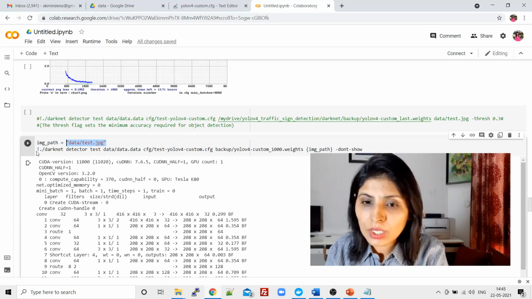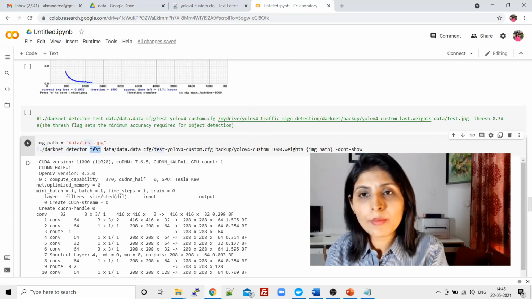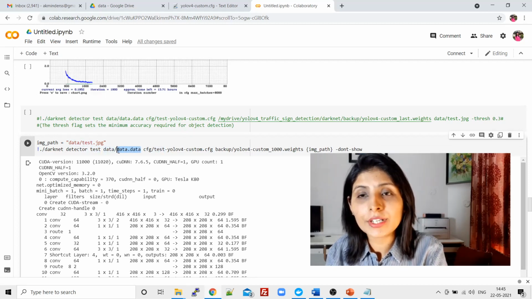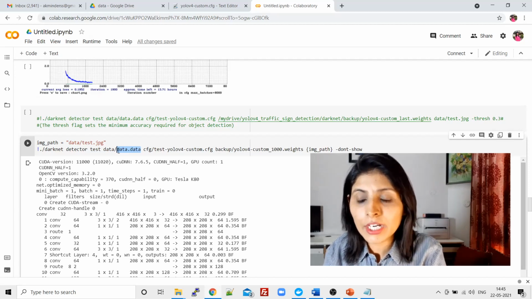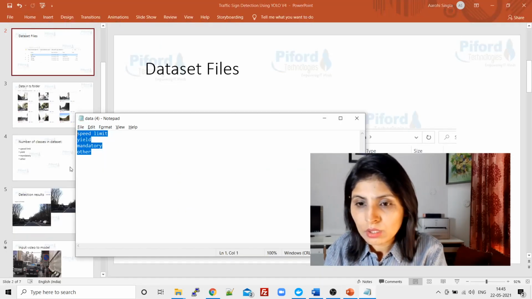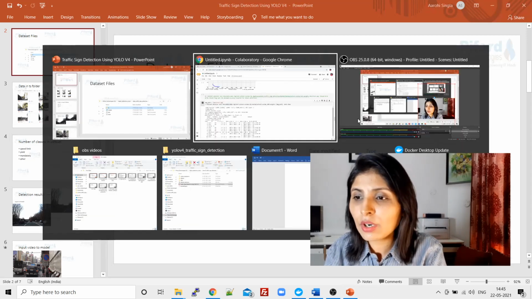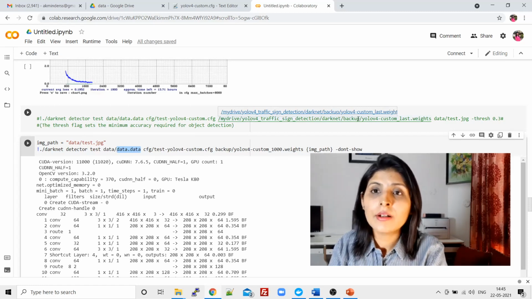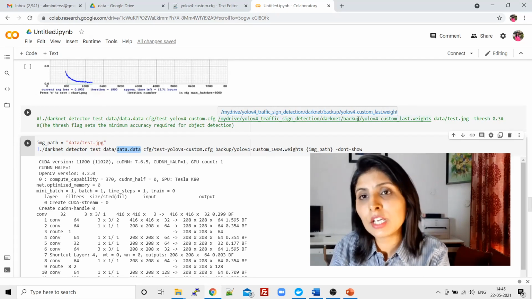The command I'm using is darknet detector. This time I want to test, so I'm writing test here. From the data folder, which file am I reading? data.data. Remember what is in data.data? It has the path of your train file, the path of your test file, how many classes you have, and the names of those classes.